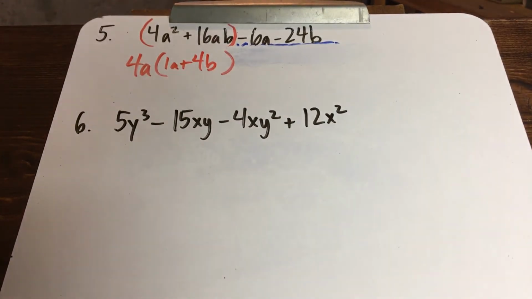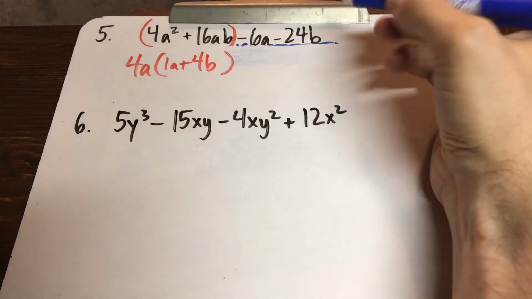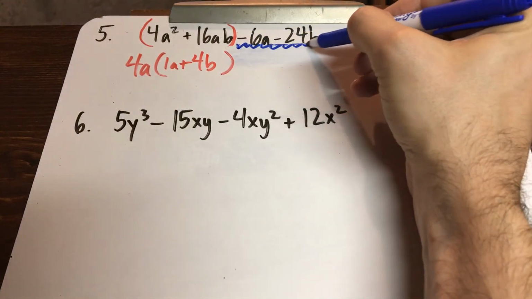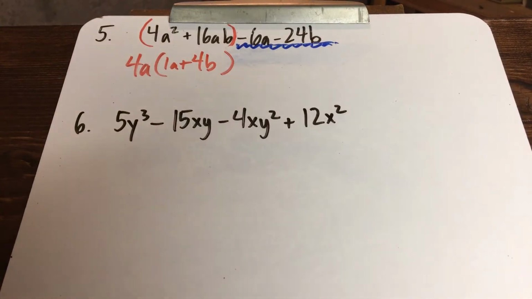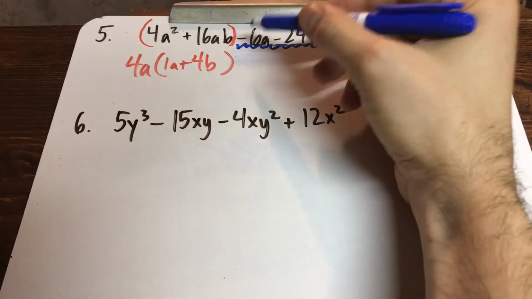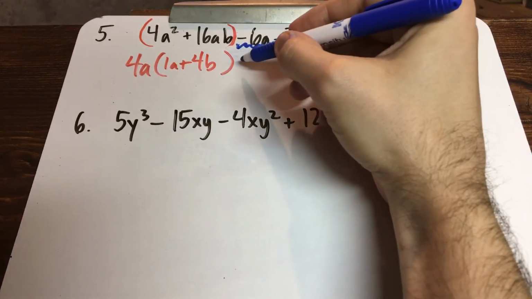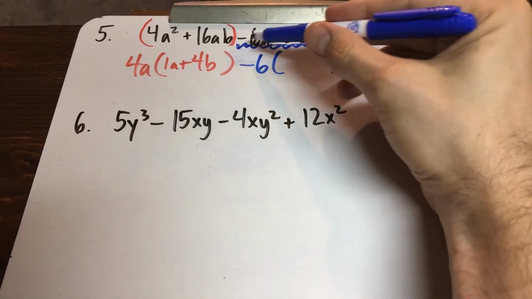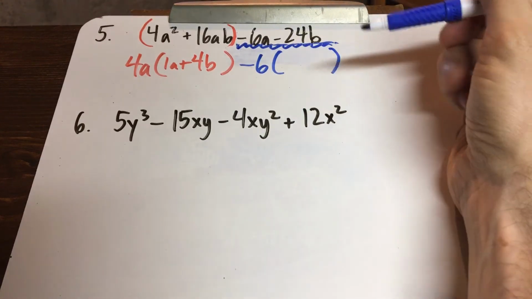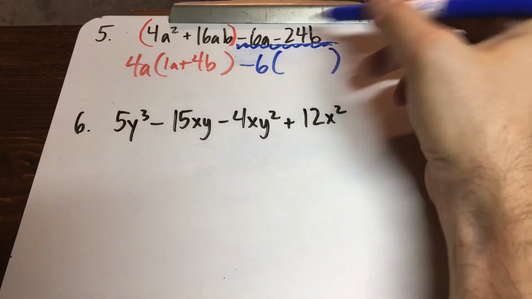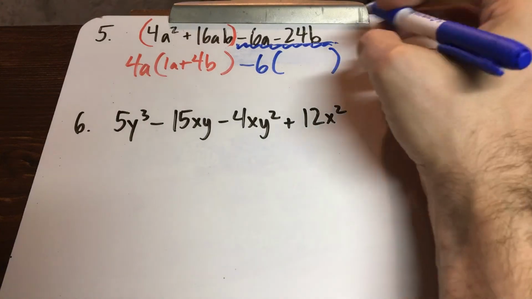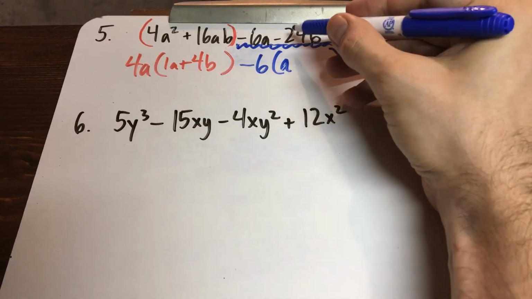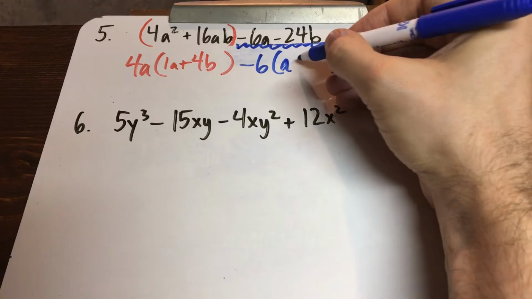Okay, if you're looking at this other parentheses, and it's kind of distracting because you have a minus sign there, all you really need to do is think about, okay, I need to divide these by 6, but because it starts with a negative, I need to divide it by negative 6, right? Because you can't have that first term be a negative. And so what some people do is they just say, all right, let's divide them by negative 6. And so that would leave you with the letter A, and then negative 24 divided by negative 6 would be